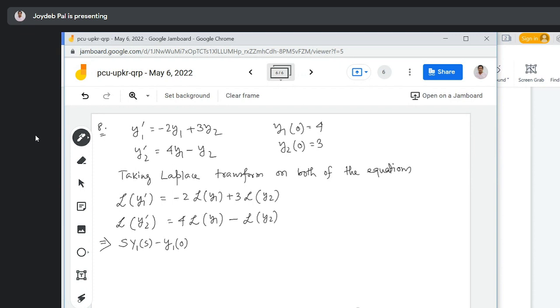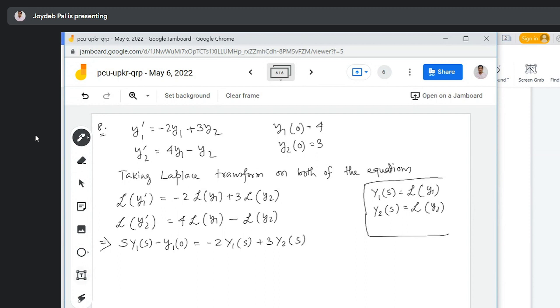Here, what is capital Y1(s)? Y1(s) means Laplace transform of small y1, the usual notation. And I will use another notation Y2(s), that is Laplace transform of small y2. Here y1 and y2 both are functions of t. Okay. So on the right side what do I write? Minus 2 Y1(s) plus 3 Y2(s). And second equation